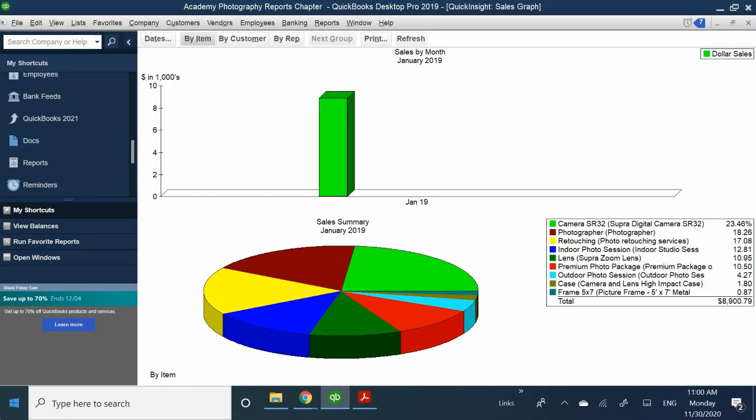In this case, I'm looking at my sales based on the items that I offer and what I sell to my consumers. So as you can see right here, it gives you a quick overview, primarily in regards to what your highest sales is. In this case, my largest chunk is going to be my green one, which is my camera